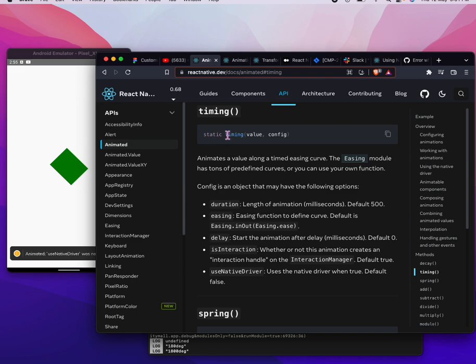Yeah, so we can see that this timing animation, Animated.timing, takes a value and a config object, where the config object takes duration, easing, and other sort of values, right? Now, let's start with it. So what basically timing does is,